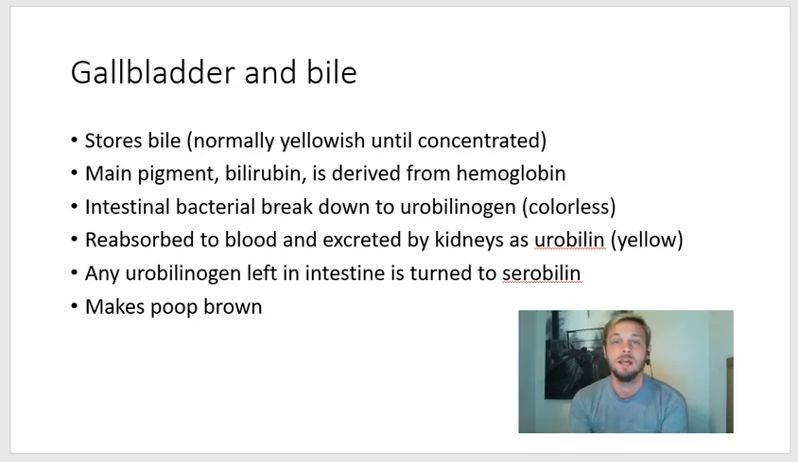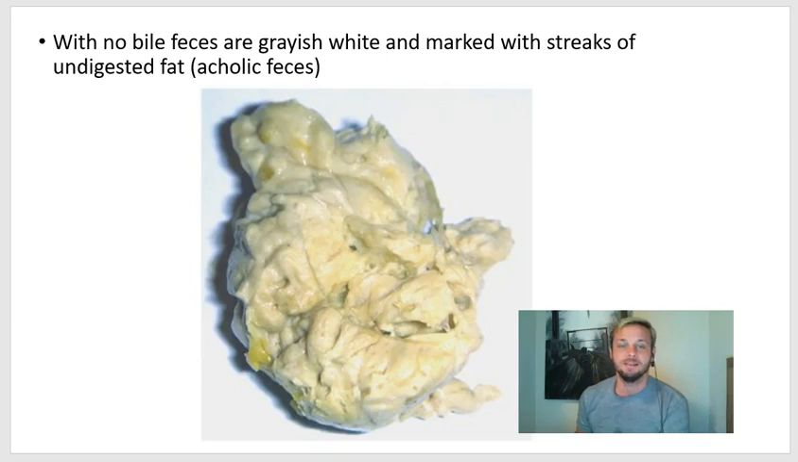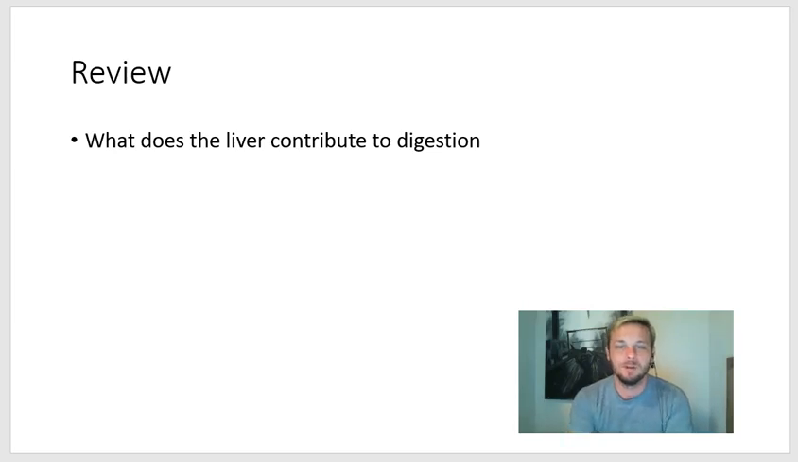It only stores it. But people with severe cirrhosis, their livers aren't functioning. And so they might not be making bile. And if you look at their poop, it's white, and it has a lot of undigested fat in it. This is something called acholic feces, or this really fatty feces. And if they pooped in water, you could see the oils and the fats float to the top. Really gross. All right. So what does the liver contribute to digestion? Bile. We'll pick up with the small